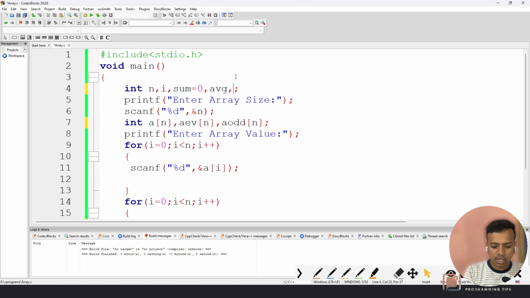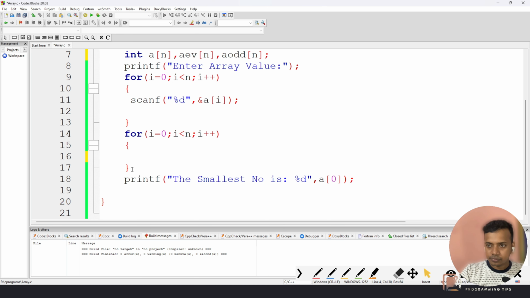Now we need to take two index variables, e and o. Why I am taking e and o, I will tell you later. For even we are taking e, and for odd we are taking o. Fine, we are assigning initial values here, e as 0 and for o we are taking 0. Fine. So now you will write here, we will find the even ones: if array of I